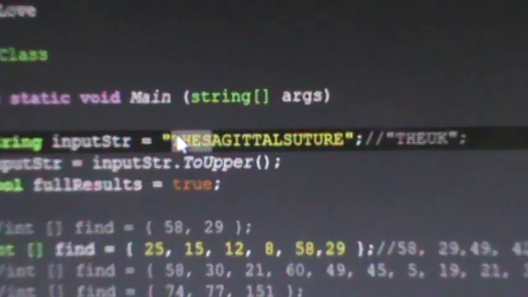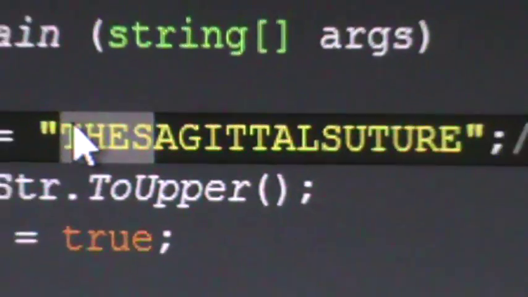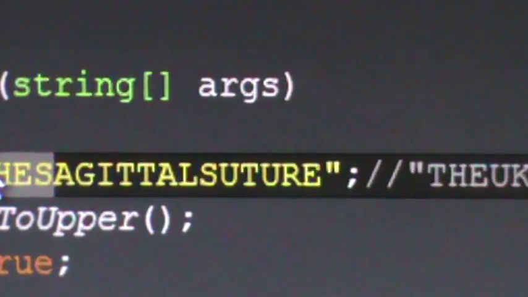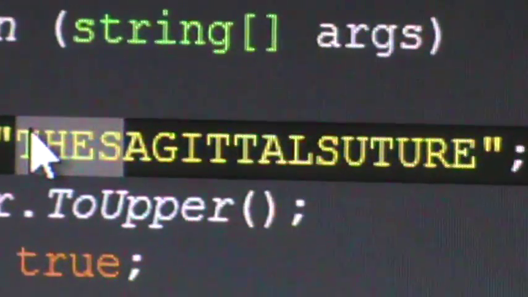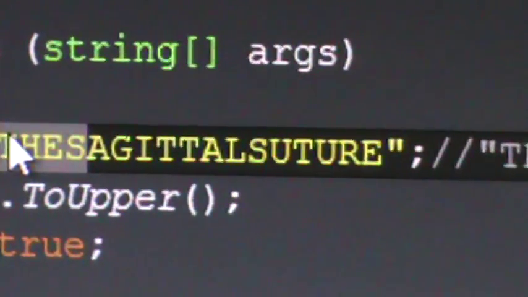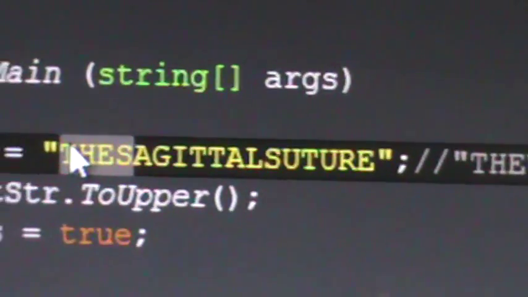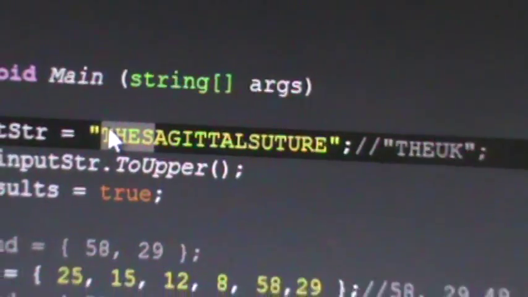Okay, folks, Sagittal Suture is brimming with fathers, and this is going to blow your mind, because this is the dead center of the top of the skull, and then you also have the sagittal plane. But watch this. There's only one thing better than one father to declare who's in charge, and that's multiple fathers screaming at you in the face with these letters. So watch this. This is glaring. This is going to blow your mind.